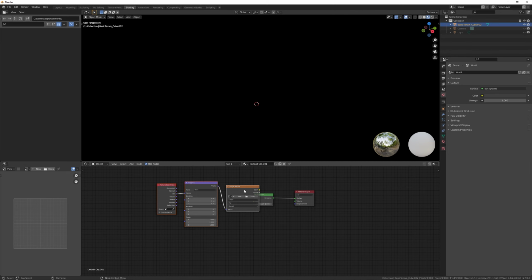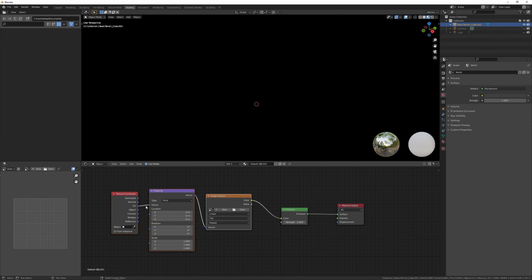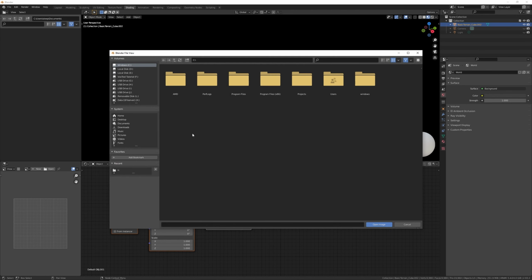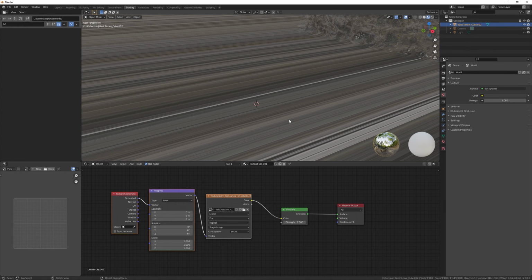And we're going to connect some texture to that. I'm not using the UV as mapping for this. I'm using generated. I'm going to open an image texture. It's Cliff.